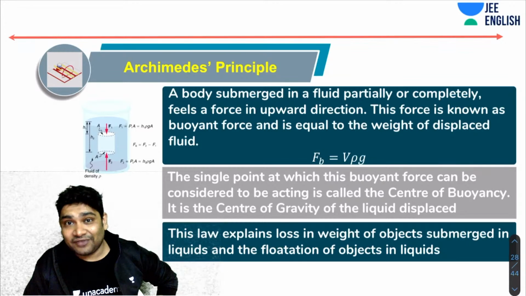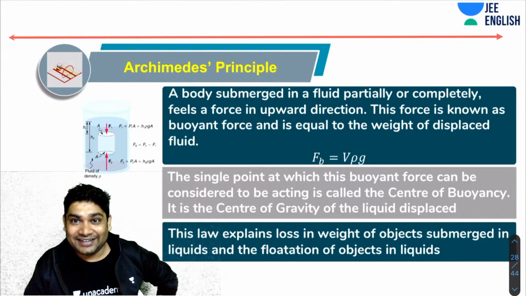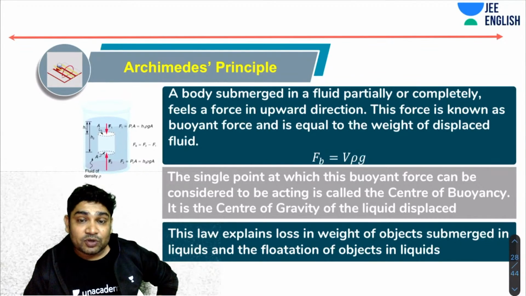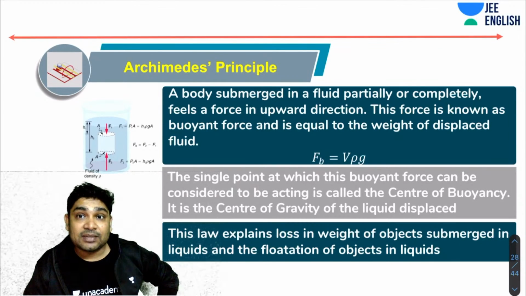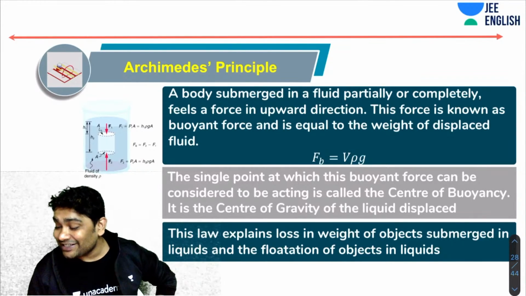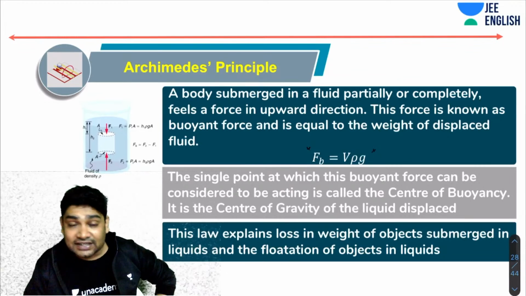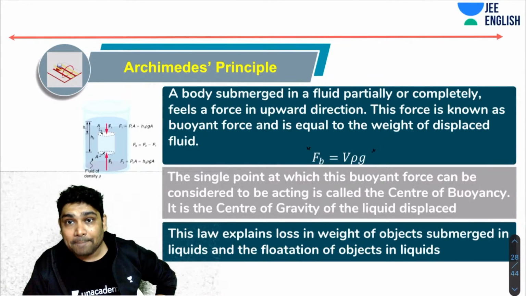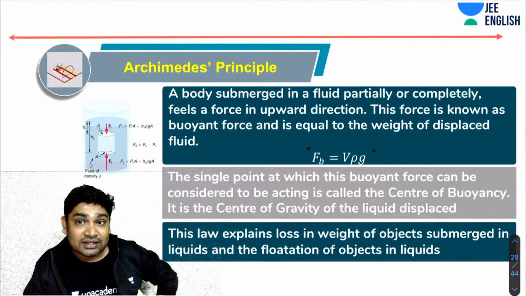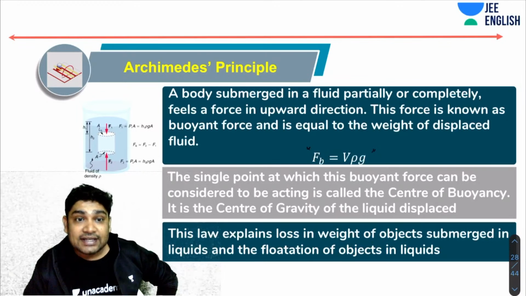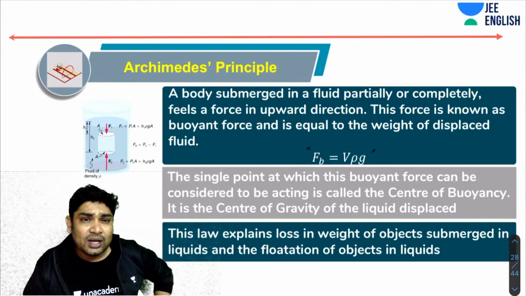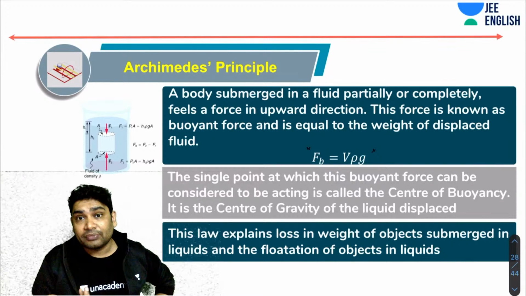Archimedes principle, the famous principle given by the crazy man Archimedes, says that a body, when submerged in a fluid, partially or completely, feels a net upward force due to the liquid. This force is known as the buoyant force, and it is always equal to the weight of the liquid displaced. So buoyant force is equal to rho Vg, where V is the volume of the liquid displaced, rho is the density of the liquid, and g is, of course, the acceleration due to gravity. The single point at which this buoyant force can be considered to be acting is called the center of buoyancy. That is the average position of this entire buoyant force. So, you know that on an average, we apply the force of gravity, mg, on